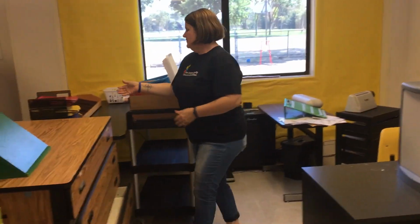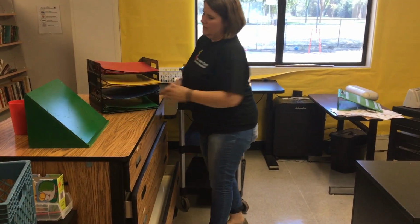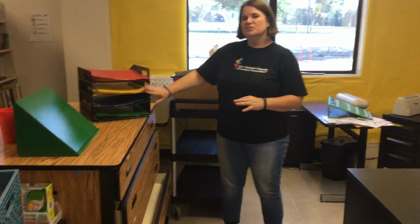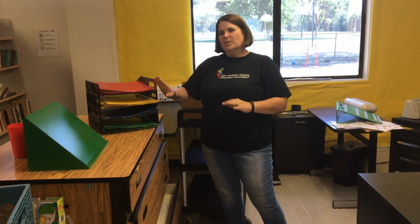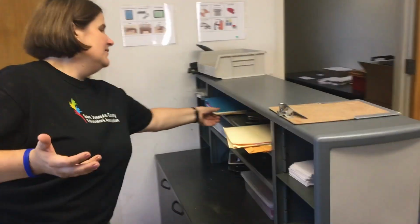A level 1 activity in the area would be color sorting, and we use file folders for the color sorting, so it's still related to office work. But it allows for students that need a higher level of support, whether it's physical or cognitive, to have this available to them. We also have activities at a higher level, like that would be considered a level 3,